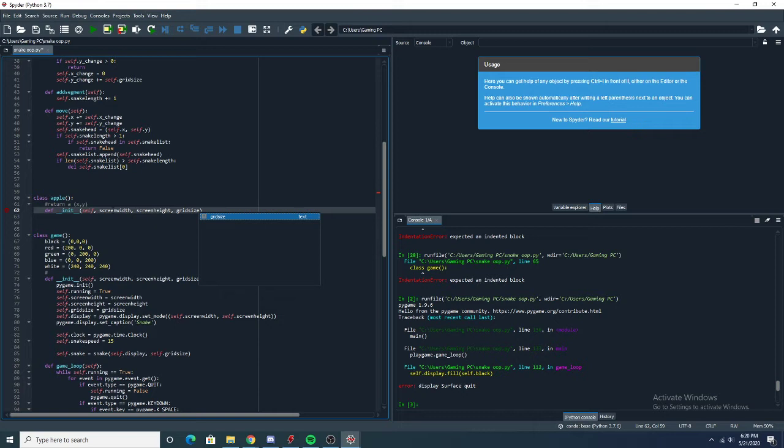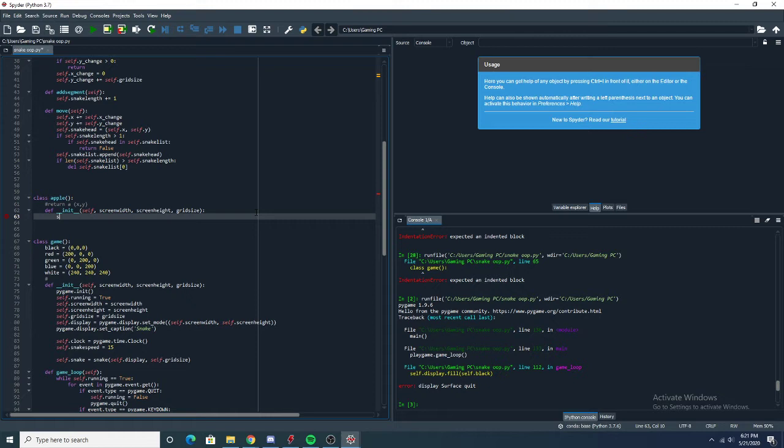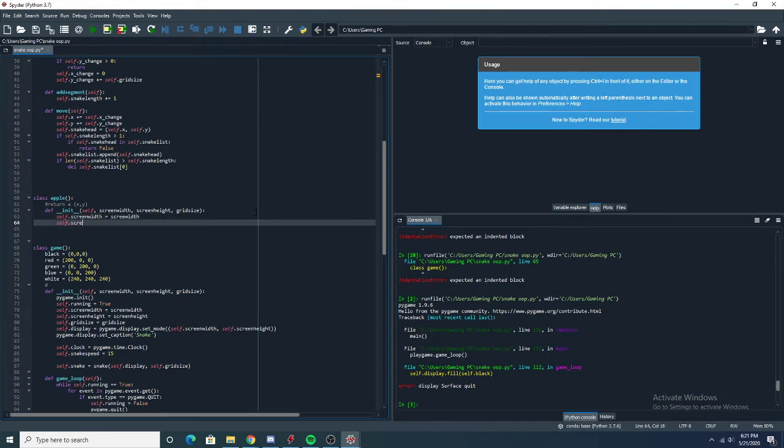Based off the grid size, the xy coordinate has to be within the grid, on one of the coordinates of the grid, because if the xy coordinate is on the grid, then there can be collisions between the snake, which moves only on the grid, and the apple, which is on the grid. So first, as with both other classes, I'm going to create variables out of the inputs. So screen width equals screen width. Screen